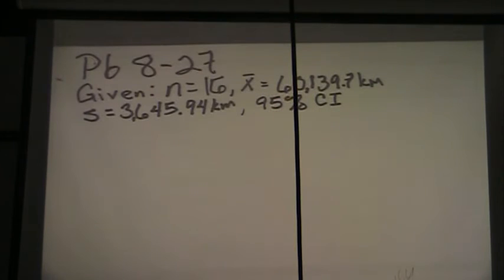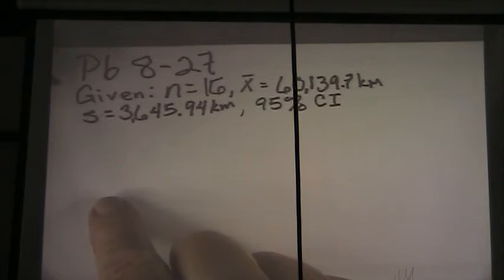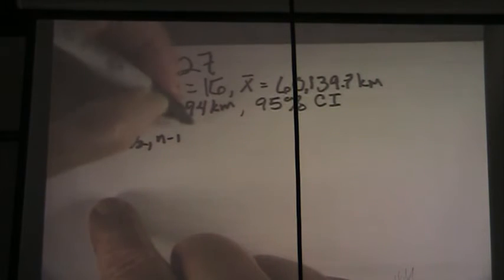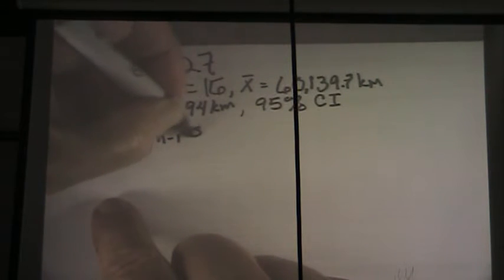And they want a 95% confidence interval. All right, so we remember our confidence interval formula: X bar minus T of alpha divided by 2 with n minus 1 degrees of freedom times our sample standard deviation divided by square root of n